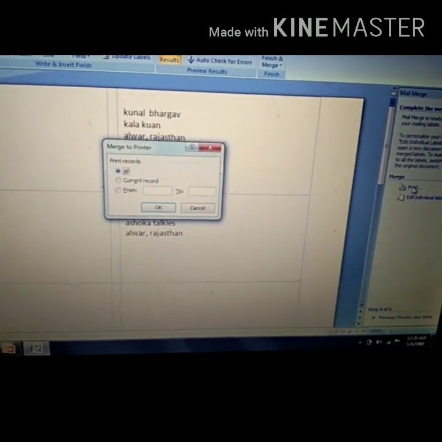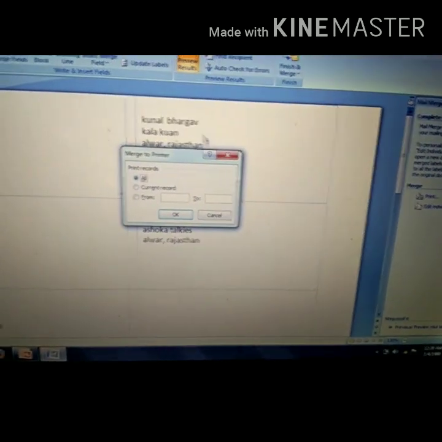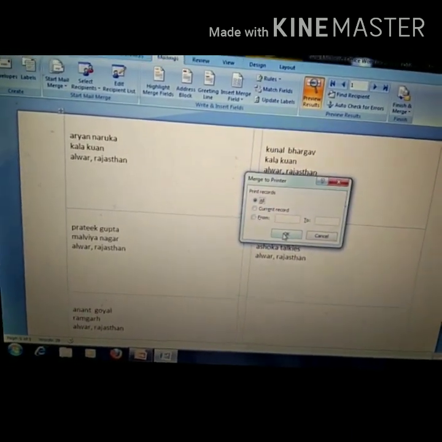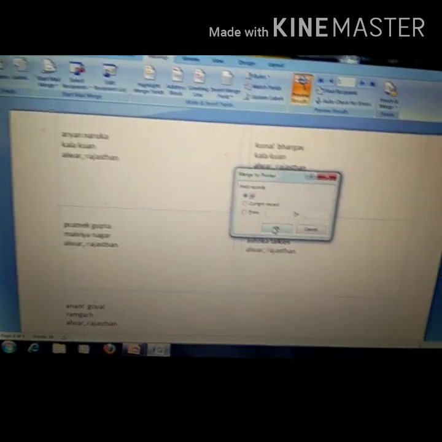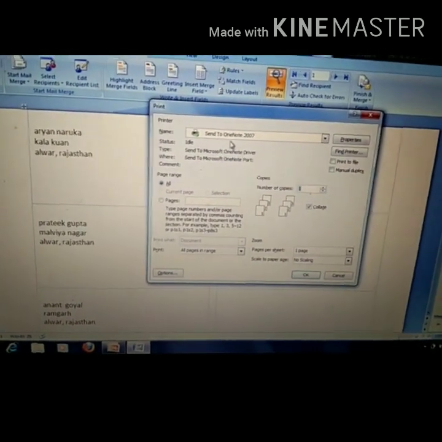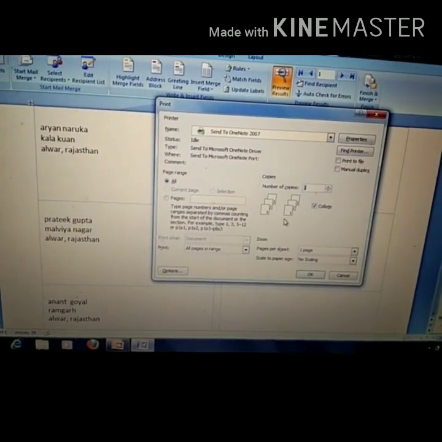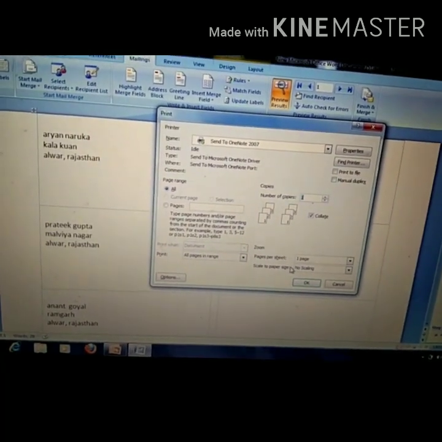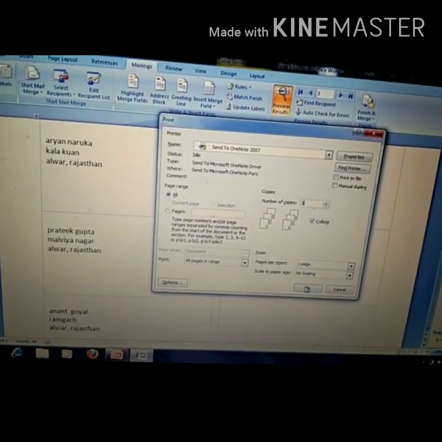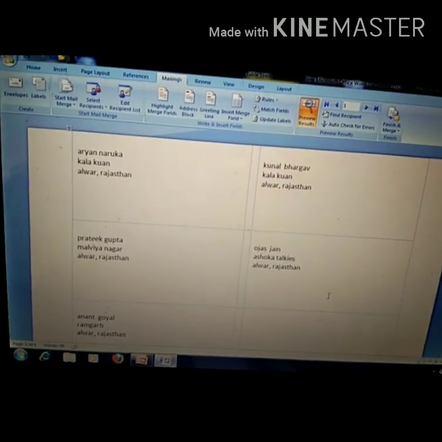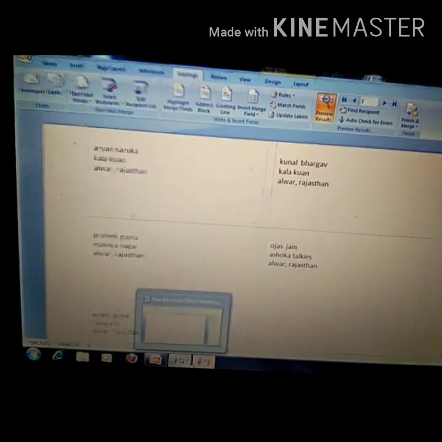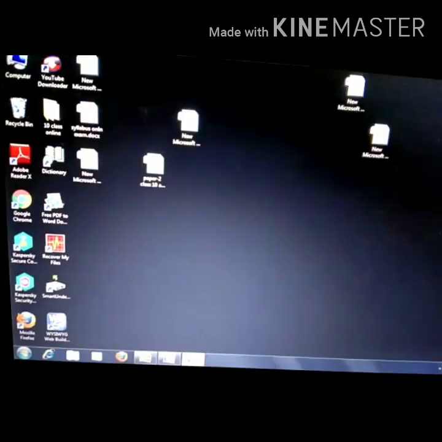I am giving print, but I do not have this printer in my laptop. So what I am doing, I am clicking here, using one office notebook, and clicking OK. Send to OneNote is a feature given by the Microsoft company, this software. In this I am clicking OK, number of copies 1. It will show you how it will look during printing. I am clicking here, you will check this one.